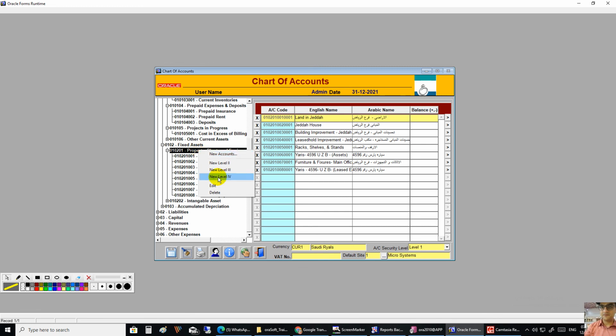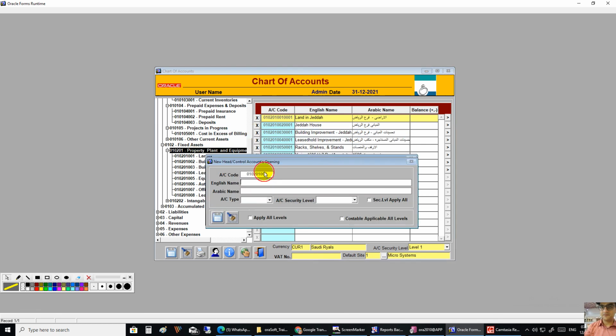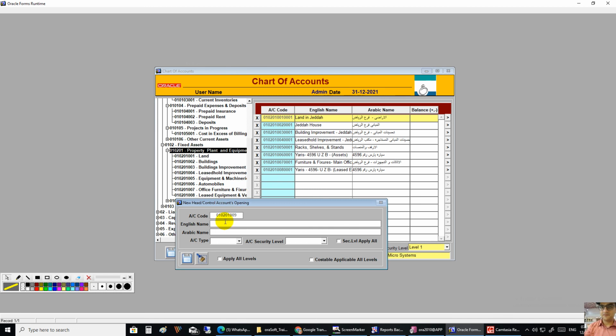For example, I want to create fourth level. As you can see, the 8 and 9 are created automatically for you. You just have to mention the English and Arabic name and select the type. Security level is optional, you can skip this. And if you click this button,